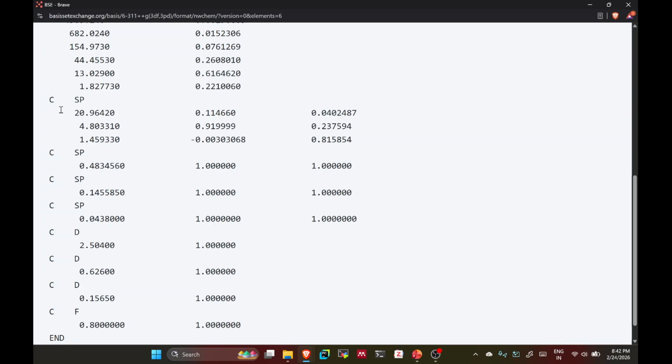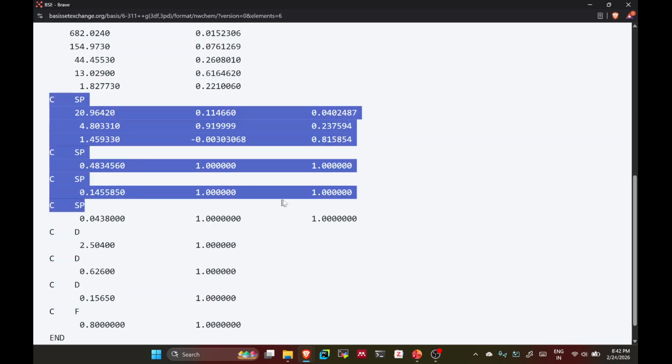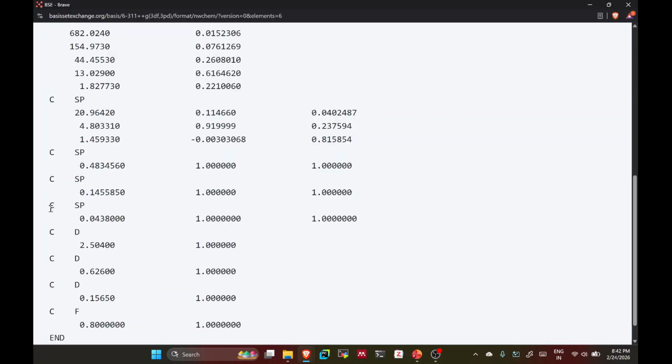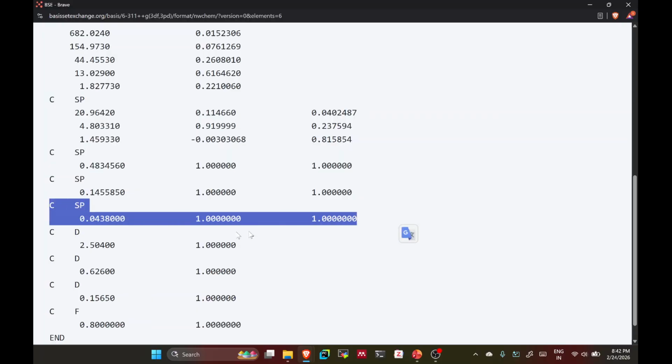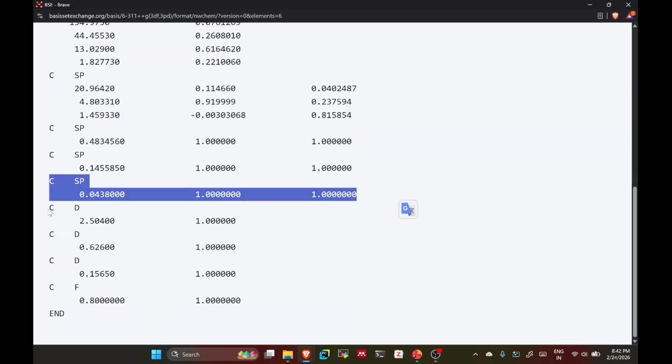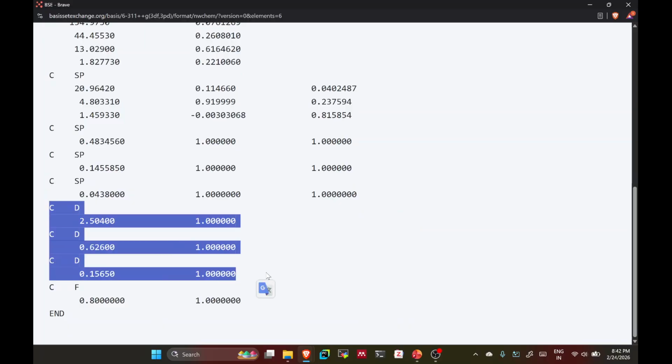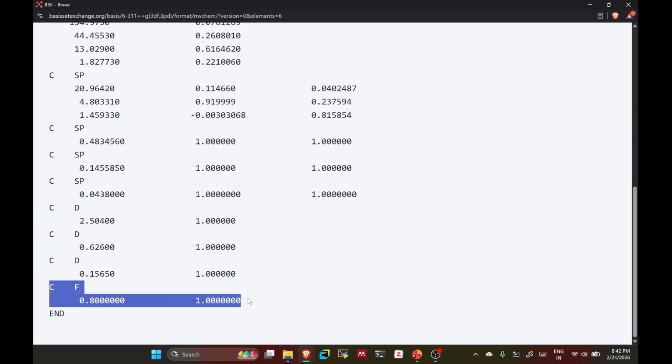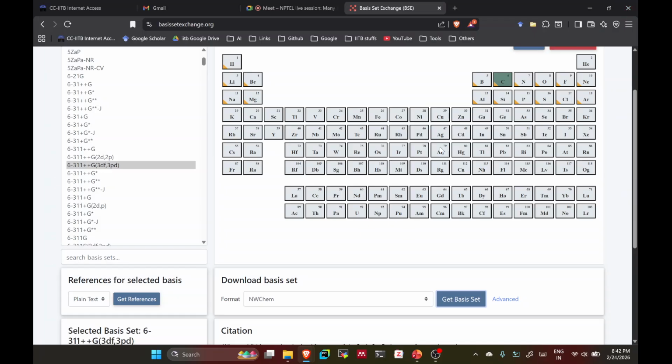So 311G, this is the part. Then plus plus was there, that was for the diffuse. Yes, we got it. Now see 3D function and one F function. I hope this is clear, and there are different basis sets that you can check, and so you can change